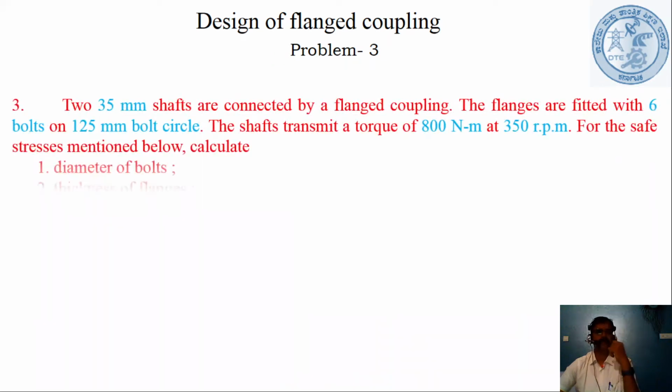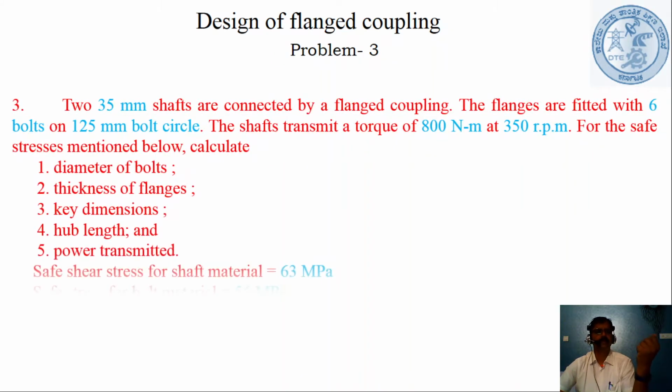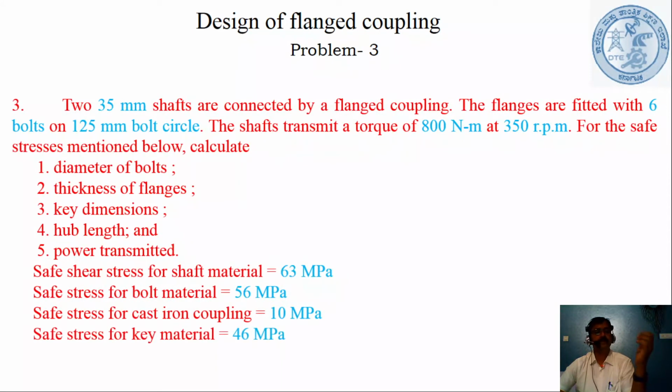Now let us see the problem. This is the third problem. Two 35 mm shafts are connected by a flange coupling. The flanges are fitted with 6 bolts on a 125 mm bolt circle. The shafts transmit a torque of 800 Newton meter at 350 rpm. For the safe stresses mentioned below, calculate the diameter of bolts, thickness of flanges, key dimensions, hub length and